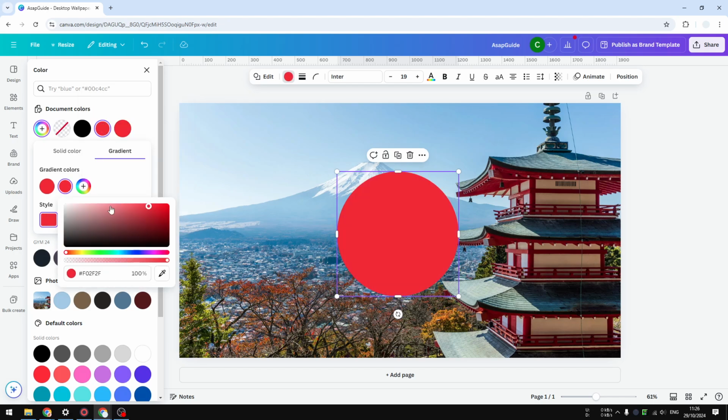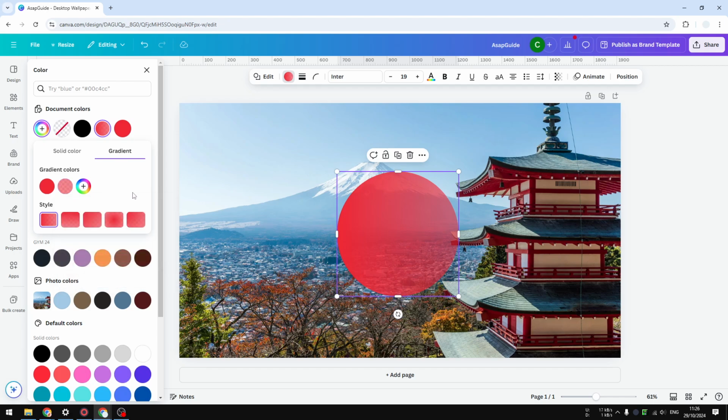But this time around, I'm going to adjust the transparency. So basically the other half of the color is transparent. So when you're done, you can see that this side is transparent, but this side is not. And I think it's going to give a bit more attractive look to the shape compared to a simple solid